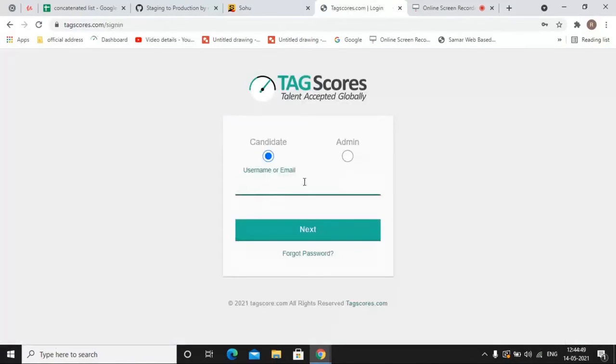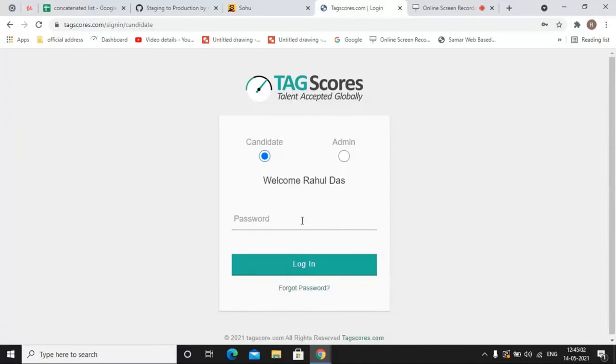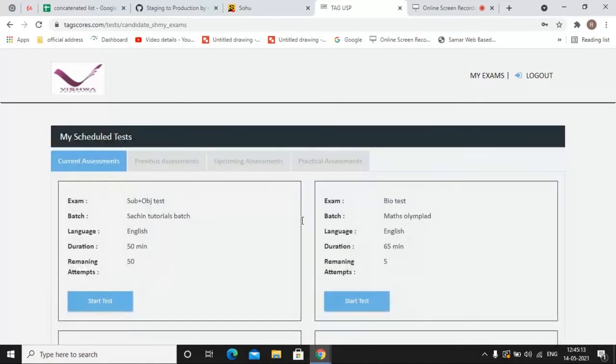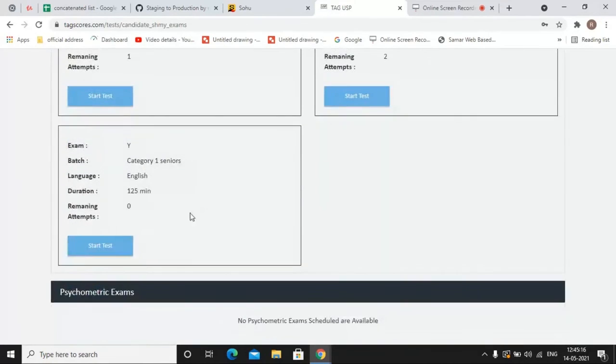And if you are given only one login attempt, you will not be able to log in again. So you need to enter your email ID or username again, and the password again. See, you have 0 attempts remaining.